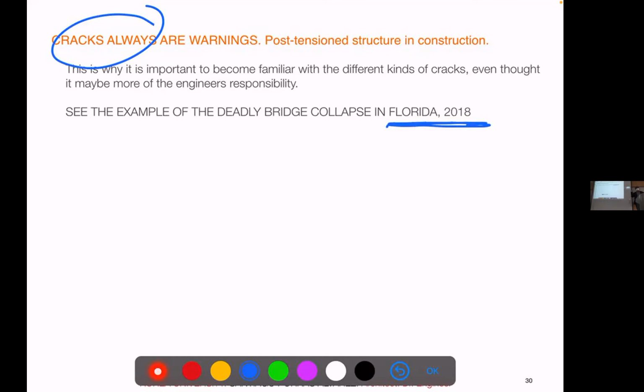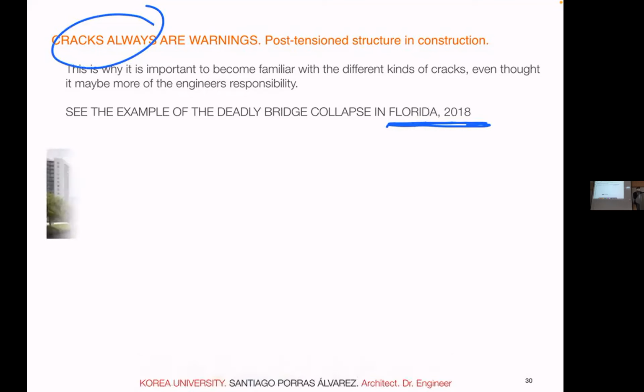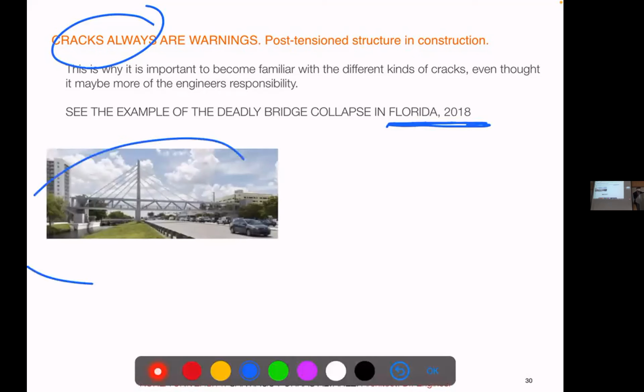And again, during the construction, the workers saw cracks. The engineers looked at them and said, that's normal, no problem. And it collapsed the following day. So this was the render. Very cool bridge with irregular elements, mixing tension cables, compression columns, slabs. Very complex in a sense, but very elegant and very high technology.